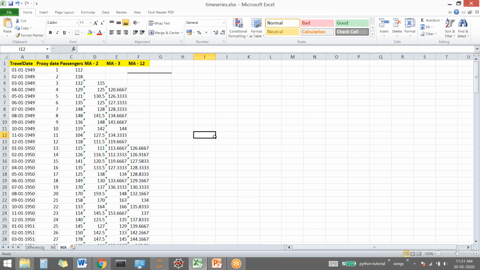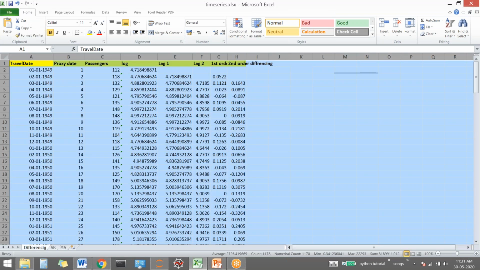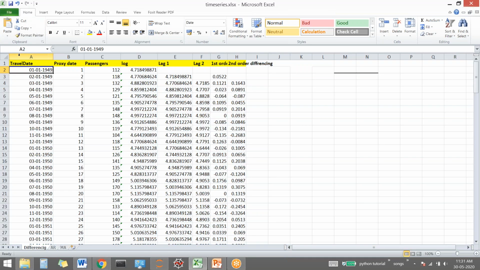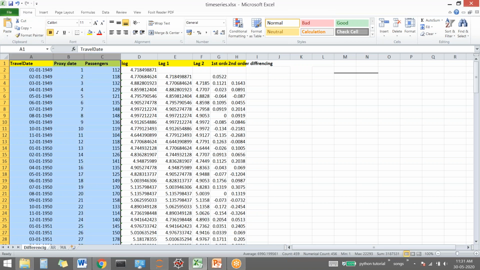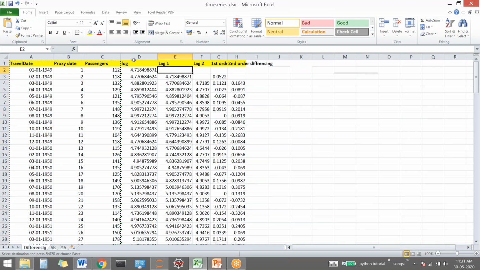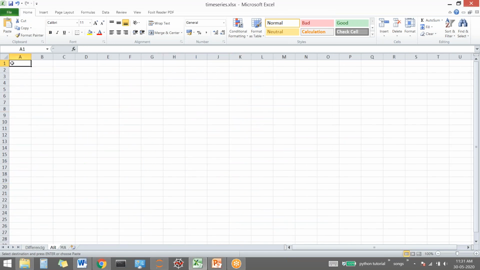Now, this is because in ARIMA, MA stands for moving average, which we have done just now. I stands for integration, which we did in the last class, that is taking the lag value. Now moving on to the AR part. AR is auto regression. As the name says, it involves regression. Let me copy paste this data again. Just these values. This is the integration part, the I part of ARIMA. We did MA just now. Now we'll be doing AR.